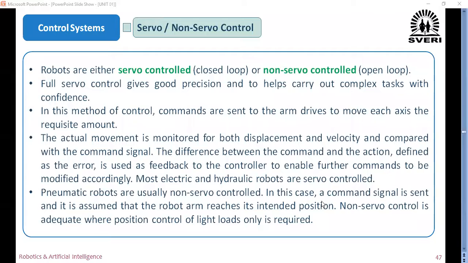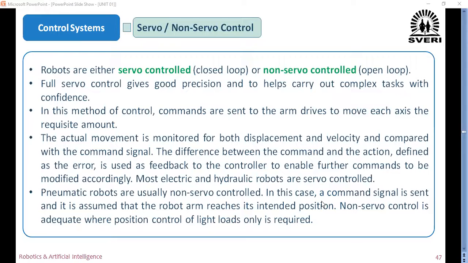Therefore, that 45 mm is compared with the required diameter of 20 mm. And if it is not equal to 20 mm, then again a feedback signal is given to the controller, so that again the tool carries out the turning operation until the diameter of the job is 20 mm.